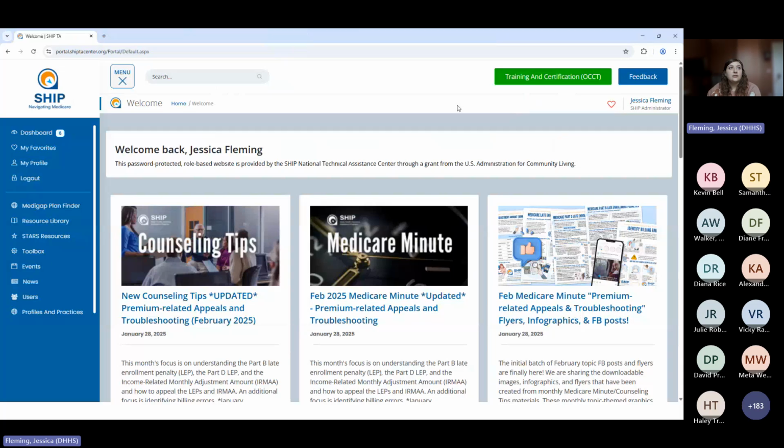So I mentioned, this is going to be your home page, your welcome page. It's going to tell you your name, in case you weren't familiar, and up here in the right-hand corner what your role is. We can see here that I'm a ship administrator. It's going to give you access to the training and certification, the OCCT that I mentioned earlier. We'll hop on over there here in a bit, as well as it's going to have your,